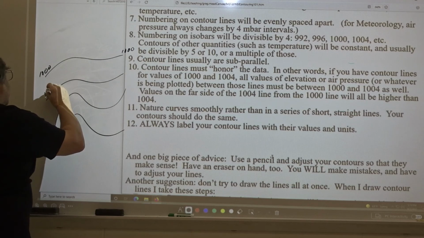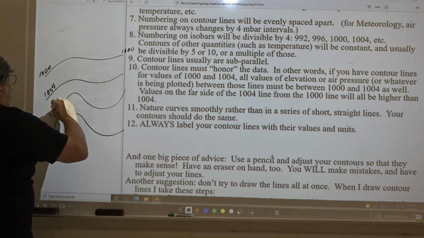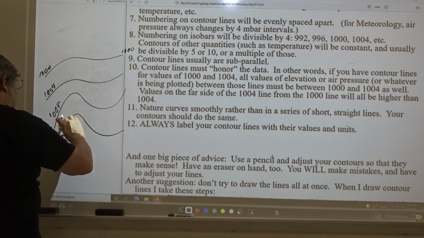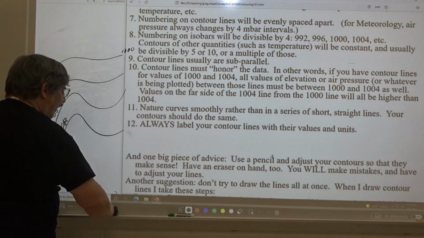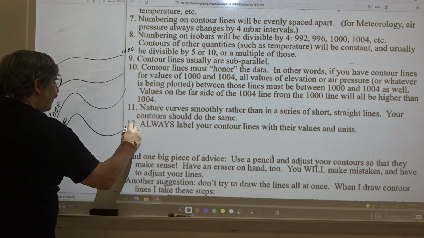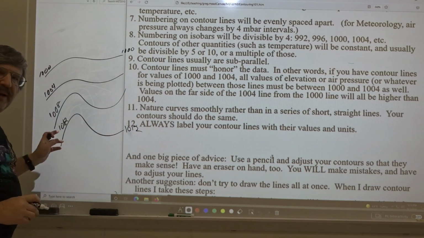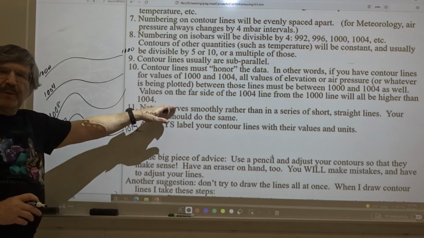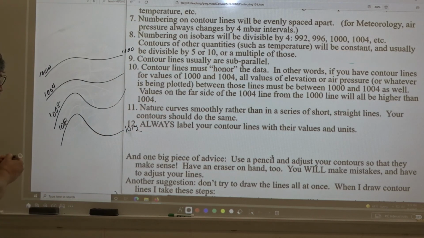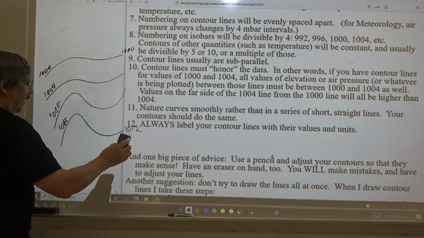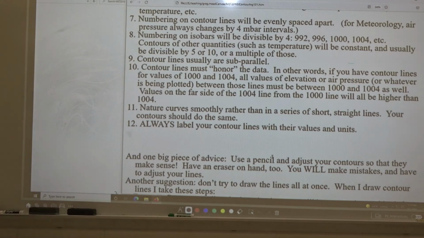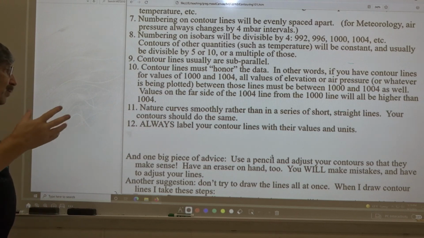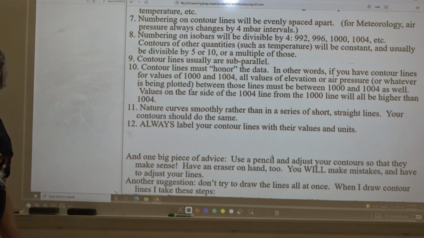This might be 1,004, 1,008, 1,012, and so on. And then as you went along, you would label them. This is a little close, but you want to be able to have them labeled frequently enough so that you don't lose track of how these contour lines are made. Okay, so those are the general rules of how you would contour a contour map. What about the specifics of the methodology